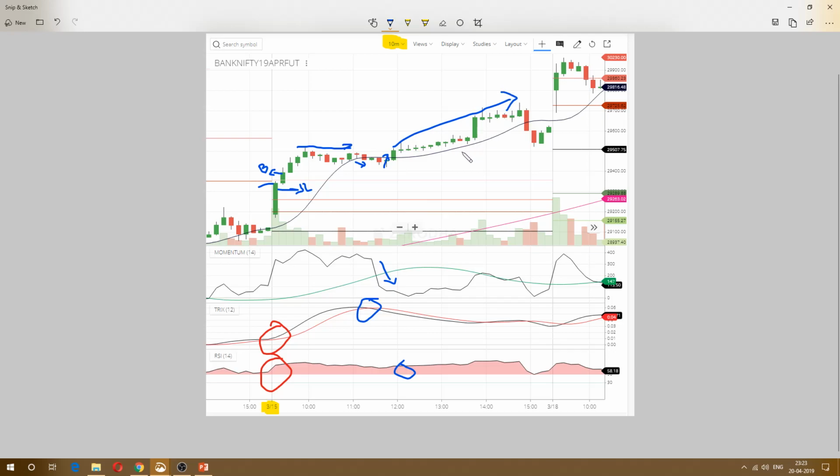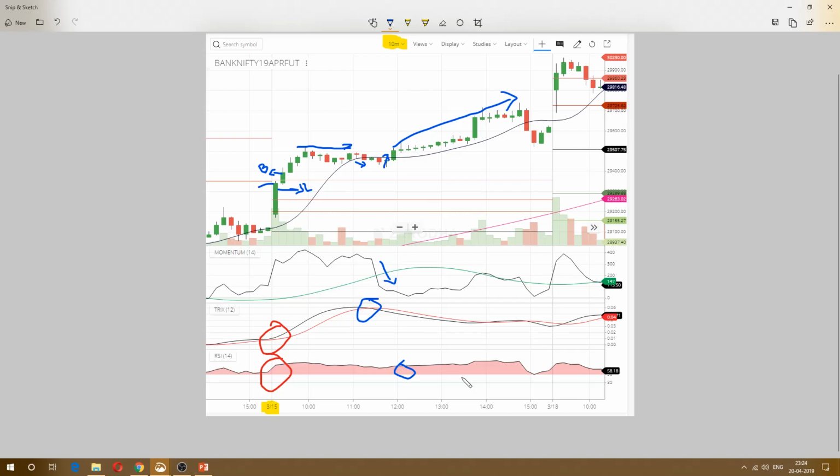points. So even if you didn't enter here and you entered here, you're still making at least 150 points profit in Bank Nifty. This was a really good trade, but due to this setup you might not take this trade. I didn't take this trade. So this is where